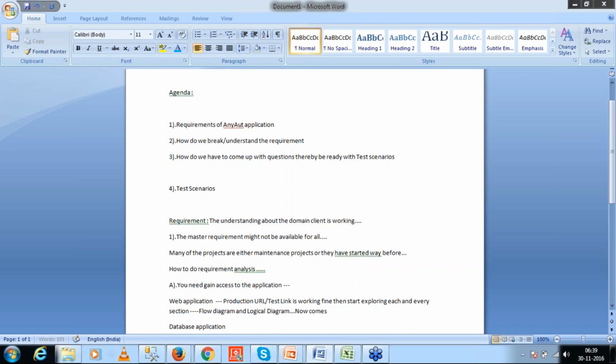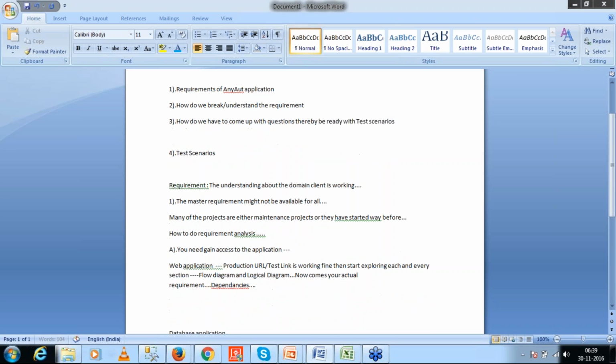Now comes your actual requirement. By now you know the flow of the entire web application, right? So what happens now? The requirement area which is defined on the page where you will have to test, or the requirement which you have to test, you by now know what are the dependencies, right? Example,